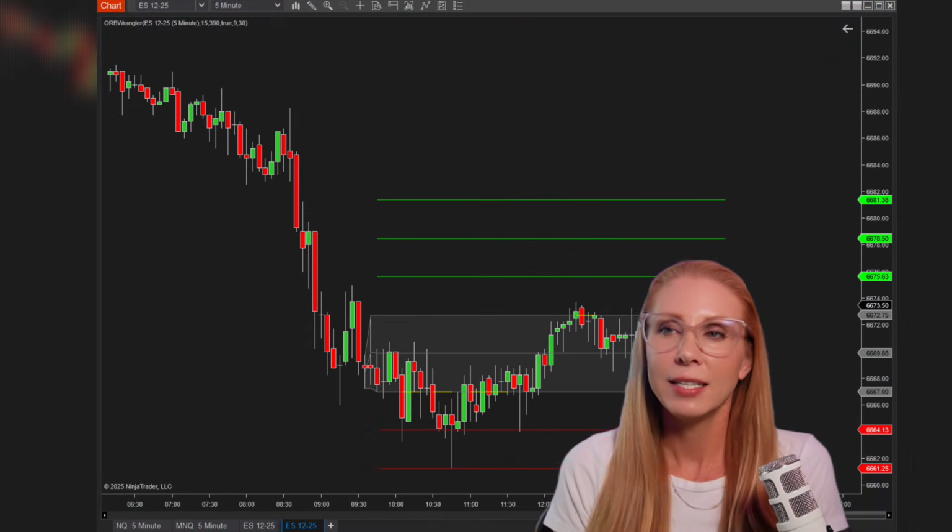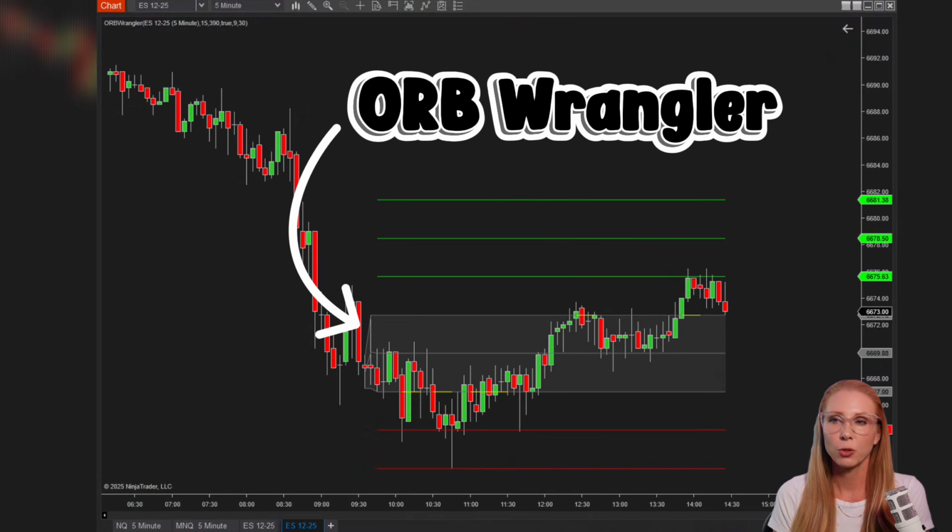I love the opening range breakout strategy for its simplicity and really kind of brainless mechanics. No offense, but one of my ideas behind this and really goals in working on this strategy was to automate it, so I can be worrying about other trading in the morning session and let the opening range breakout take care of itself. So I created an indicator where I could look really quickly at the opening range and the